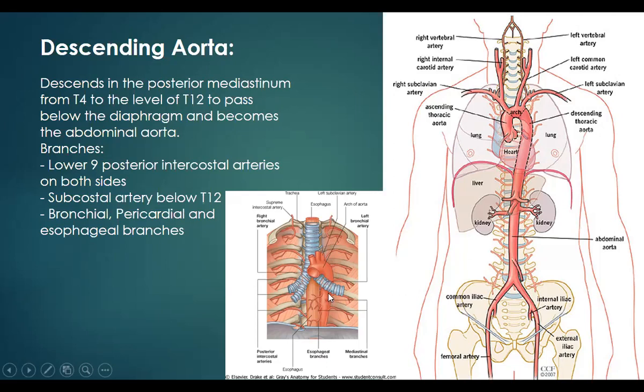Now, if you see here, this is the descending thoracic aorta. Because the heart will be in the front and this is going behind, it will be present in the posterior mediastinum along with the esophagus. If you see here, this is the esophagus. Here is the trachea. Behind the trachea is the esophagus. The same esophagus will continue down, and here's the descending thoracic aorta. The trachea ends here and divides into the right and left bronchi.